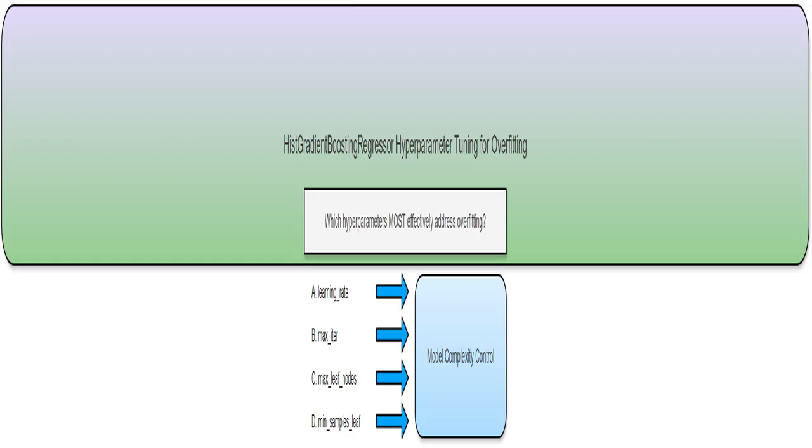This refers to adjusting the settings, hyperparameters, of the HistGradientBoostingRegressor model to optimize its performance. I'll be focusing on how to use these settings to prevent overfitting. Think of it like tuning a car engine. You need to find the right settings for maximum efficiency and smooth performance. This question is asking me to identify the settings in the HistGradientBoostingRegressor model that best prevent overfitting. Overfitting means the model learns the training data too well, including noise, which leads to poor performance on new data. I need to find the settings that will prevent my model from getting too complex and fitting the noise instead